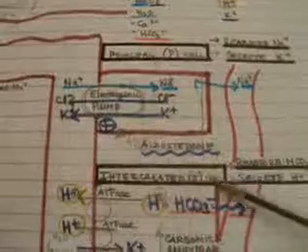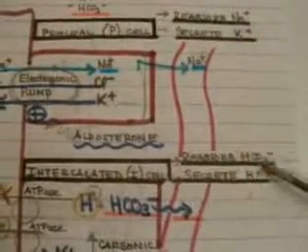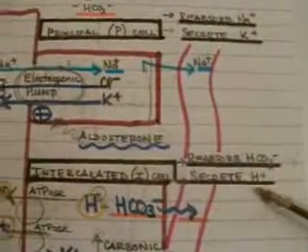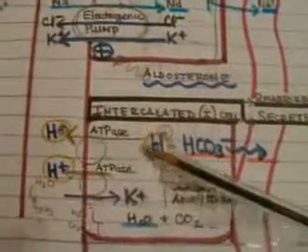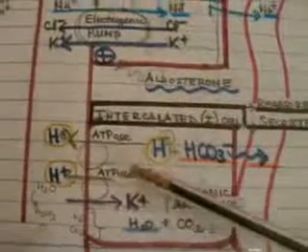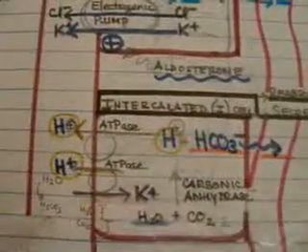The I cells, the intercalated cells of the collecting tubules, are involved with the reabsorption of bicarb and the secretion of the proton or the hydrogen ion. And that occurs via the use of the ATPase that secretes the hydrogen ion or the proton, which, as it did in the proximal convoluted tubule, which we discussed earlier, just as a hydrogen ion binds with the bicarb to form carbonic acid, the same thing takes place in the